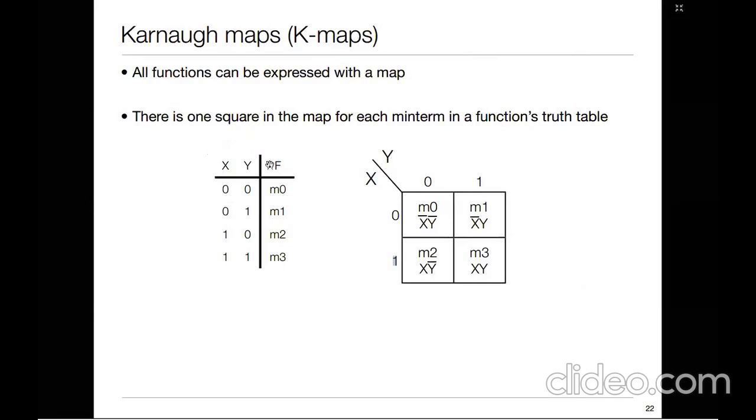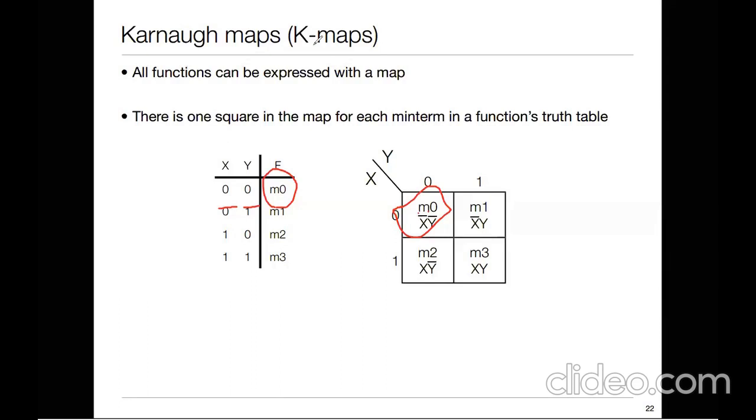Now how do I write? So the first column, if you see, this column, X is 0. Relevant to this column, X will be 0, Y will be 0. So X is 0, Y is 0. And whatever will be the variable over here will come over there. If it is a 0, 0 will be reflected. If it is 1, 1 will be reflected. So the first column represents X bar, Y bar because it is 0 and 0 and we are talking about min terms and it is min term 0.